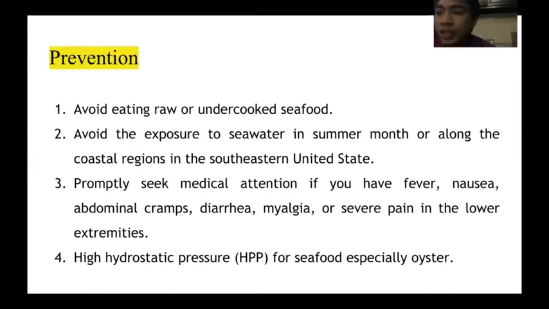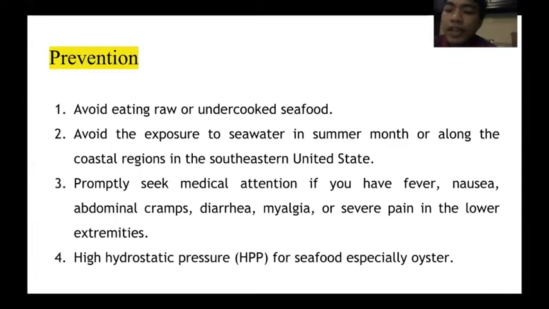For the prevention of this disease, avoid eating raw or undercooked seafood, because seafood is the reservoir of this bacteria, and contaminated seafood cannot be distinguished by smell or taste. So we must fry, bake, steam, or boil oysters, clams, and mussels for 5 minutes or until they plump, and boil shrimp or crab until the shell turns pink and the meat is cooked. Fish is cooked until the thickest part is opaque.